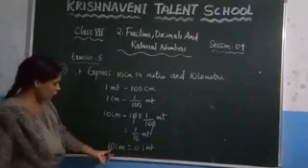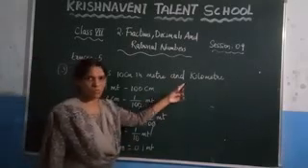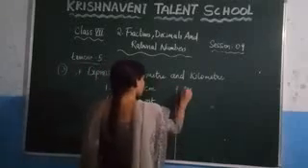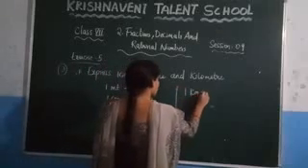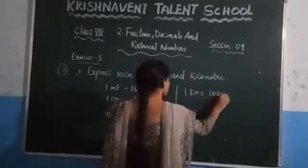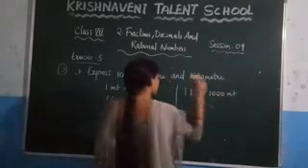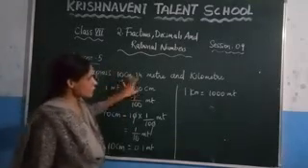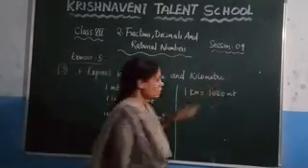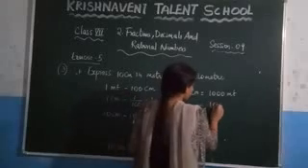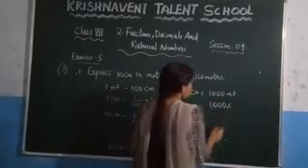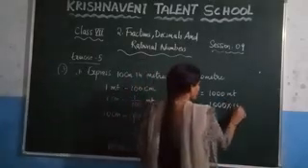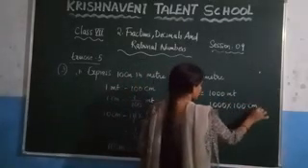Now you need to take this one and express it in the form of kilometers. So write here, what is the value of 1 kilometer? You know that 1 kilometer is equal to 1000 meters. But in the question they have given it in centimeters, so again you need to convert this one. Convert 1000 into, you know the value of 1 meter is nothing but 100 centimeters. So write it here, 100 centimeters.